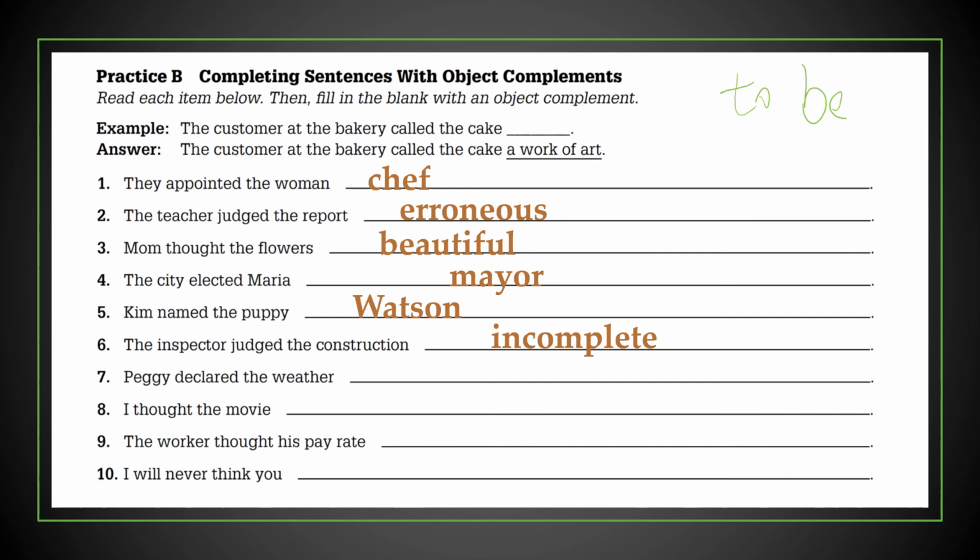Number 7, Peggy declared the weather abominable. Number 8, I thought the movie exquisite. Number 9, the worker thought his pay rate to be too low, just too low. And finally, number 10, I will never think of you insensitive. So those are the answers I put for those sentences. If you put something different, just make sure it is either a noun that is acting as an adjective or an adjective in order to describe those direct